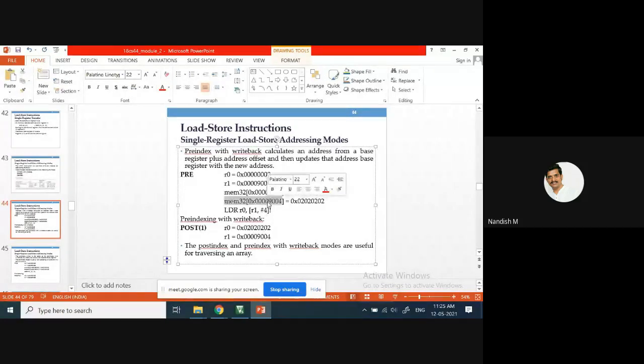What is contained in memory at 9004 is this value, and that value is there in R0. After seeing this example, I think you will understand. This is pre-indexing with write back. What about just the pre-indexing? If it is just pre-indexing, what would be in R1?